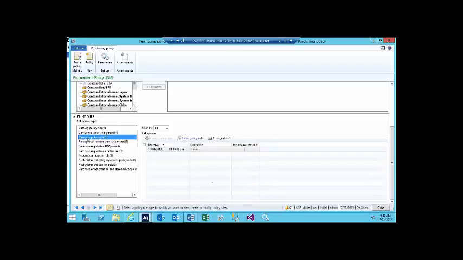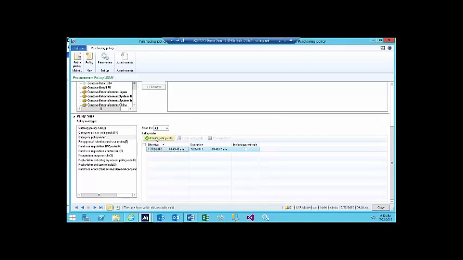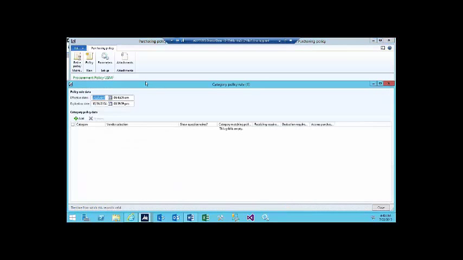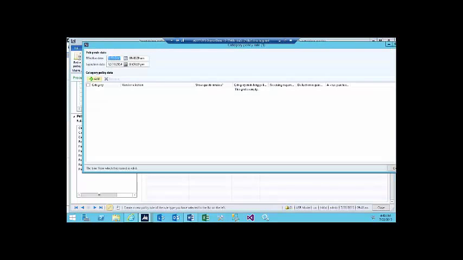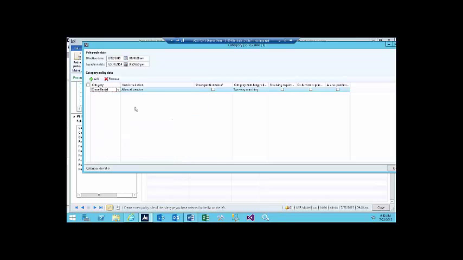Okay. The final one is the category policy rule. This one, you can't just open it and edit it and make a new one. If I want to make a new one, I'm going to go ahead and retire that policy in order to create a new one. This one works slightly differently than the other. So what I would do here is add a category, for example, crane rental, and I would say whether the users can